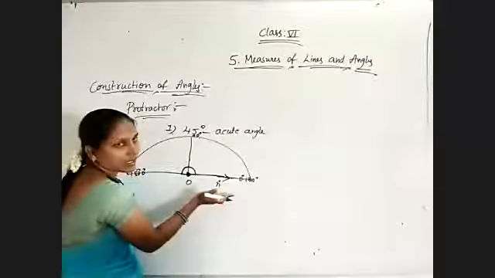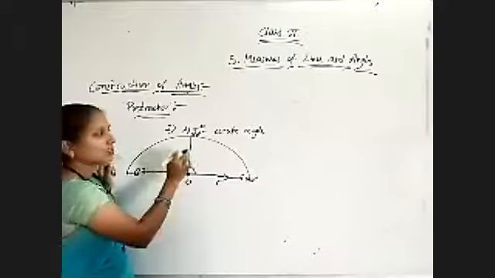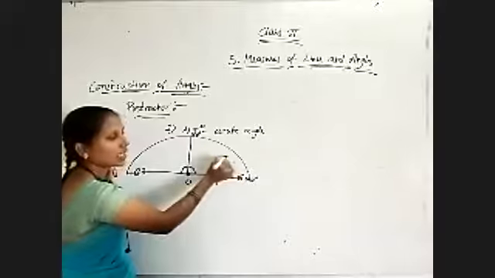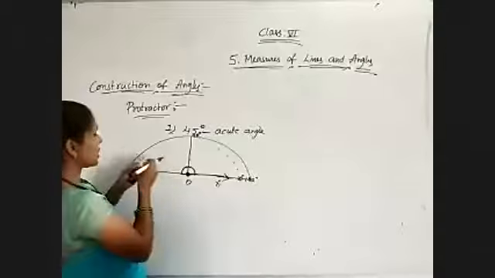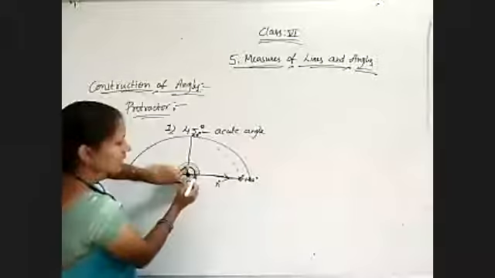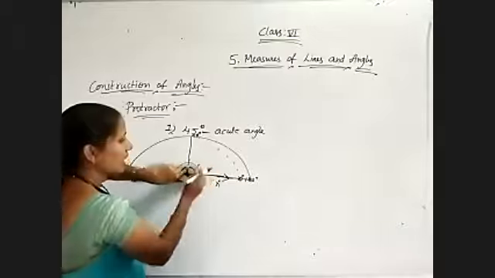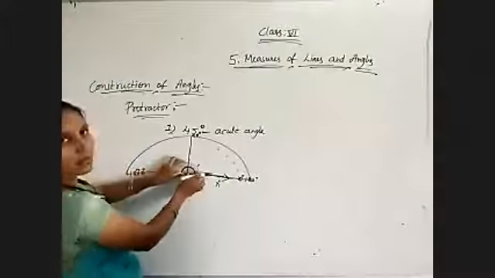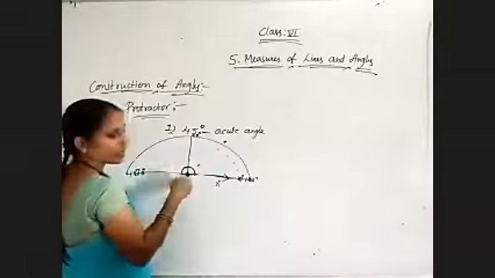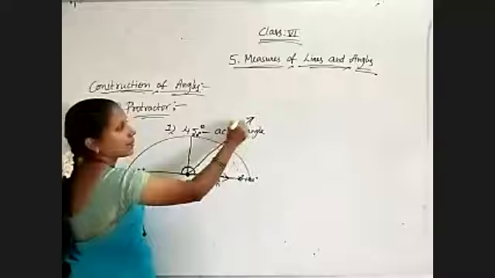your protractor properly. Now, because the ray is spreading at the right side, we have to construct the anti-clockwise angle. Further, take the inner values: 0, 10, 20, 30, 40, 45, I want. So just observe the protractor. I kept the protractor as I told you. Now 0, 10, 20, 30, 40, and 45 is in between 40 and 50. So just mark it like this. You will mark it and remove your protractor. Join that point with the scale and name it as B.